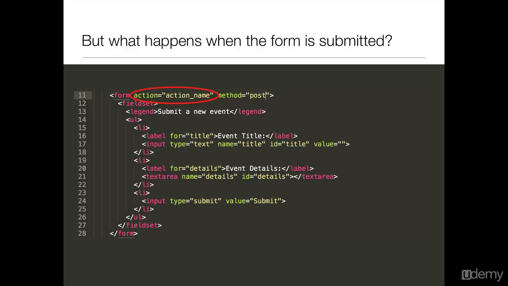The other thing that you will need to include is a method name, and this is referring to the HTTP methods which are associated with the HTTP request which is generated. And for a form submission, the form is going to be posting data to the server side, so that will be a post request. Don't worry too much about the details of either of those just now,